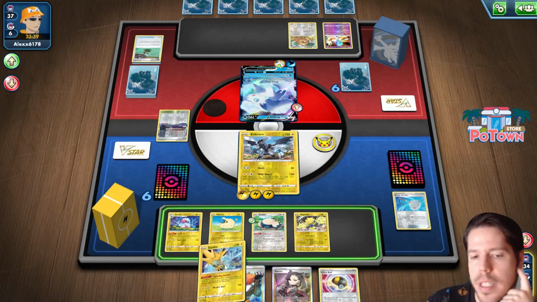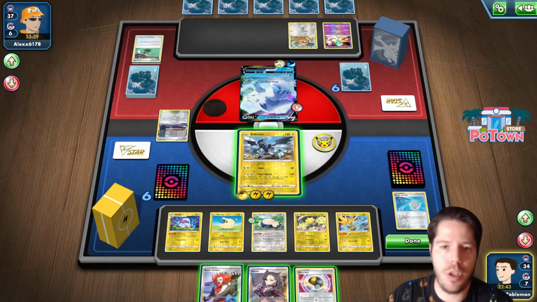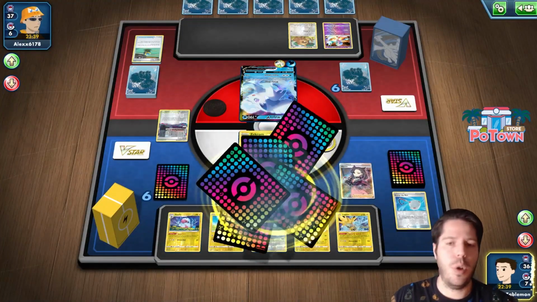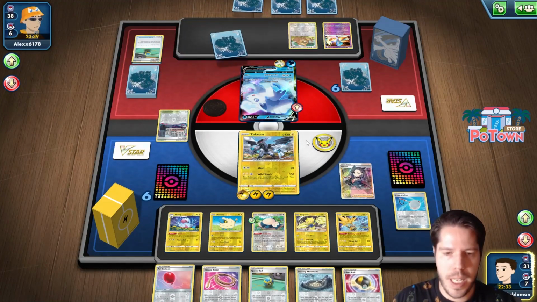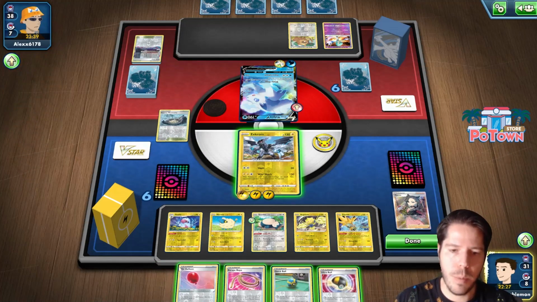Okay, so my issue is they didn't evolve. So maybe they already have the card and they're expecting the Wild Shock, or maybe they didn't find it. Like, maybe they're just holding the Vulpix. It's 5 random cards versus 4 random cards, so I'm just gonna go ahead and do this. I don't want to lose my Zekrom, but not having